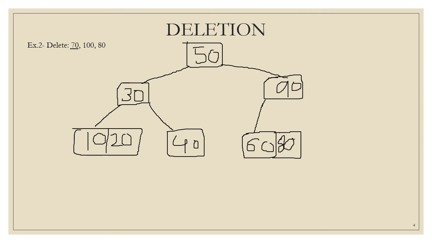If we delete 100 from here, again we have a violation. 90 is a single element having one child. It should have two children. None of these can come at the right of 90, but 80 is greater than 60 but less than 90. So 80 lies in the middle of 60 and 90. Therefore 90 can become the right child of 80 and 60 can become the left child of 80. So 80 can become the parent, like this.